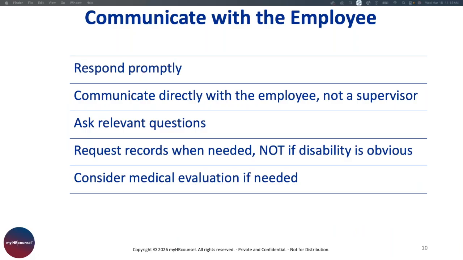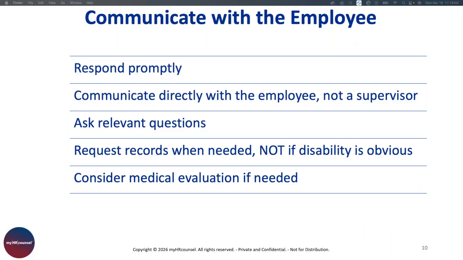If you've got a non-obvious situation with an employee, so it could be maybe somebody struggling with a mental health issue, you can do the following. You can require that the records come from an appropriate healthcare professional. You can ask the employee to sign a limited release, allowing you as the employer to submit a list of specific questions to the healthcare provider, or you could use an interactive process questionnaire, which is a document that we provide to our clients regularly. And you can discuss with the employee the nature of the employee's disability and functional limitations.